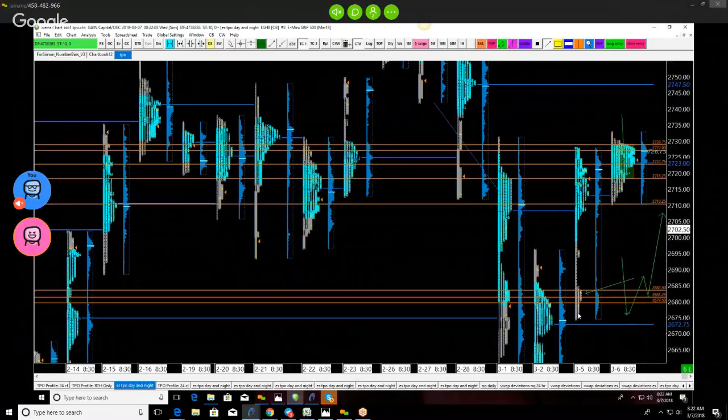In addition to that, see how we have this volume point of control and this TPO point of control right here? You say, hey, well, that's support. Well, that's true, but it's almost been tested right here. See this? It wasn't just like we opened and launched. We came down and actually gave it a test. So I'd be cautious. Where I'd prefer to operate is actually in this hole right here. This is where I'd like to find a responsive buy. Assuming we get past this 26.85 to 26.79, I would want to be looking